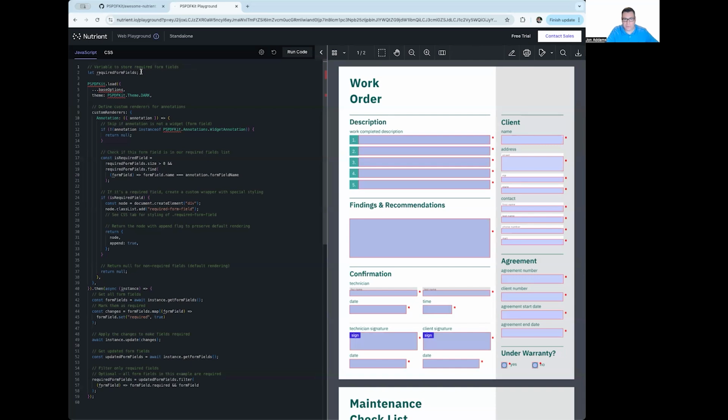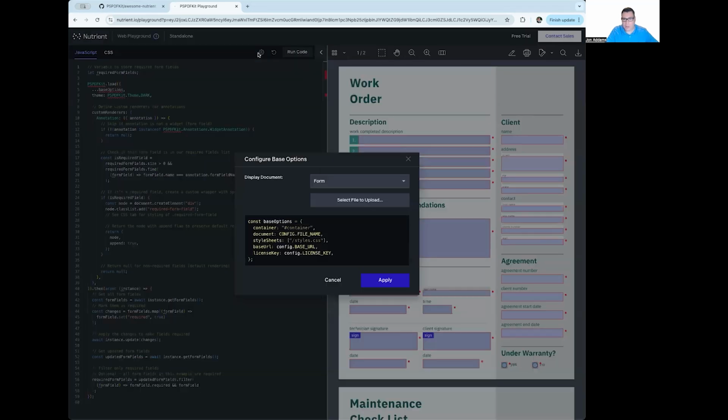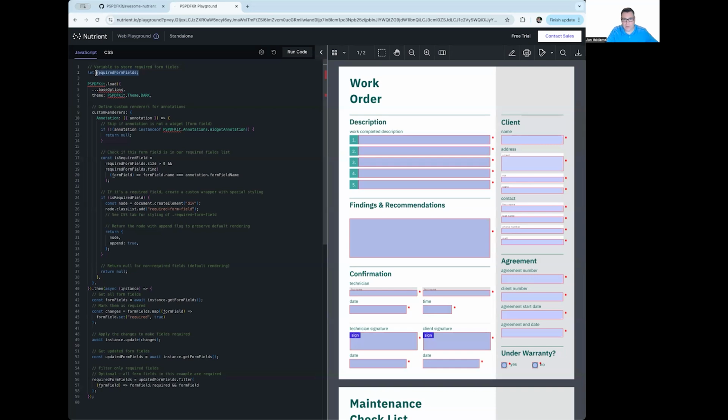You can see in the options, you can configure which PDF to load. And in this demo, I'm going to use the form PDF. You can choose your own PDF to upload, and you can change the base options here. I've got a global variable in order to keep track of some state for the required form fields. We do the load method to load the SDK and provide it the base options that we just spoke of